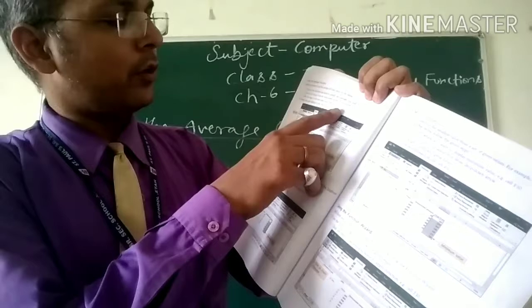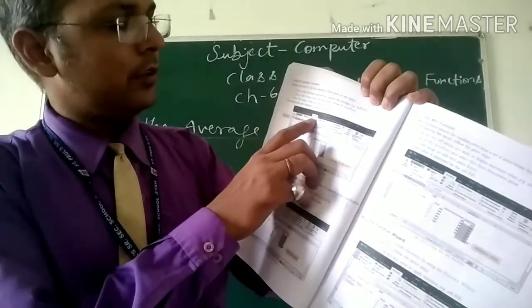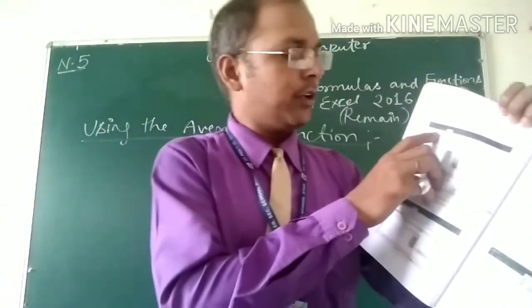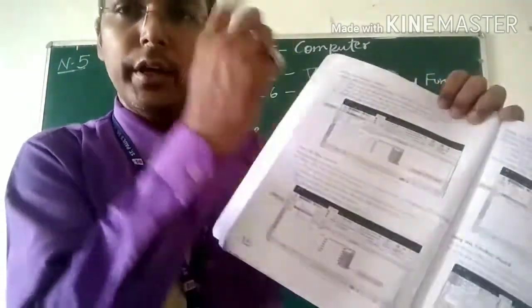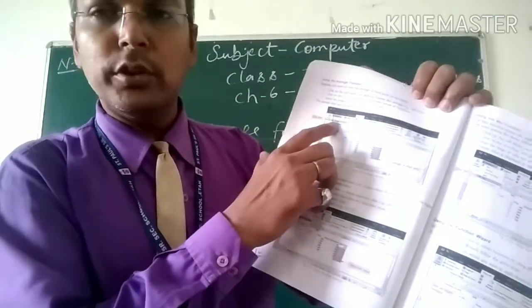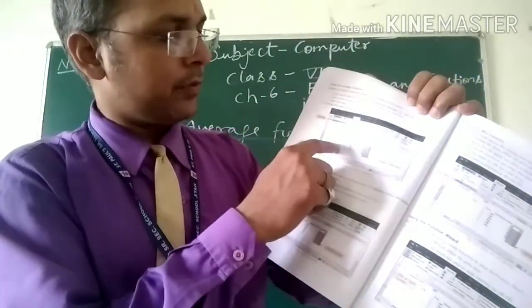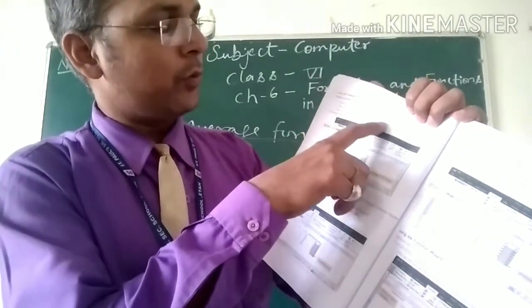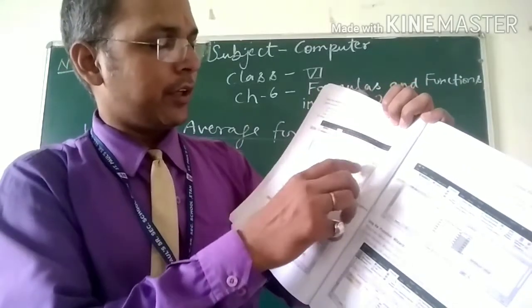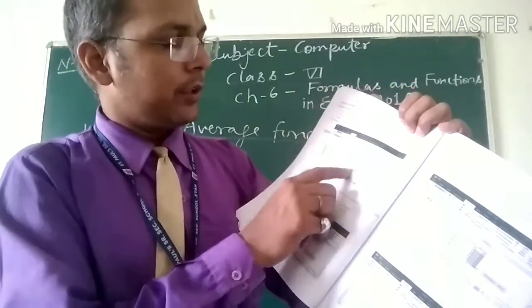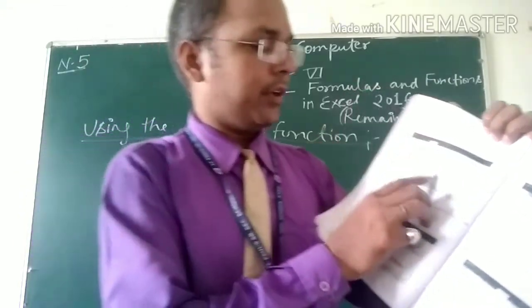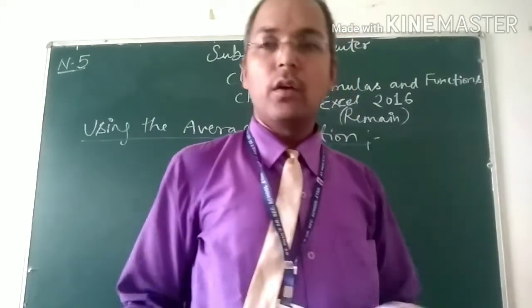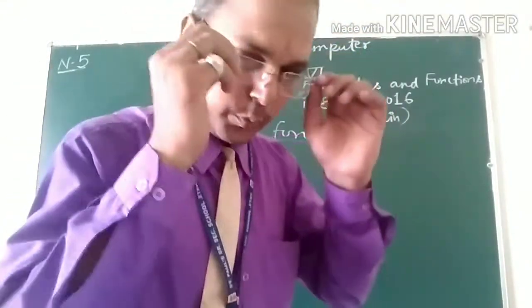Click on the average from the drop down arrow. Go to the formula bar, in the formula option go to the auto sum, and in the auto sum you will choose the average. Select the range of cells and press the enter key, and the average value gets displayed in F10. Okay, so this is very easy.